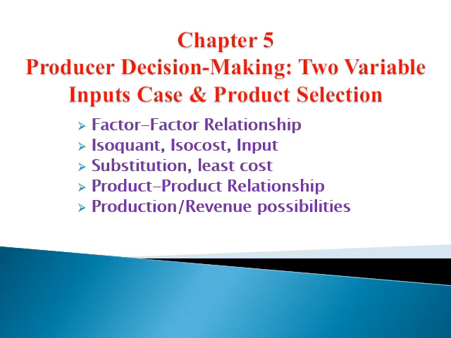We also defined what is known as the isocost line, and we said it is similar to the budget line of the consumption theory. It is the line that shows all the combinations of x1 and x2 that result in the individual producer paying the same amount of cost. In the end,